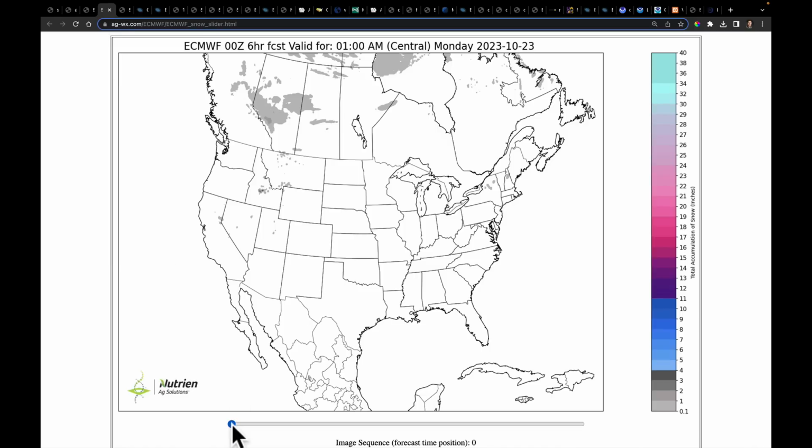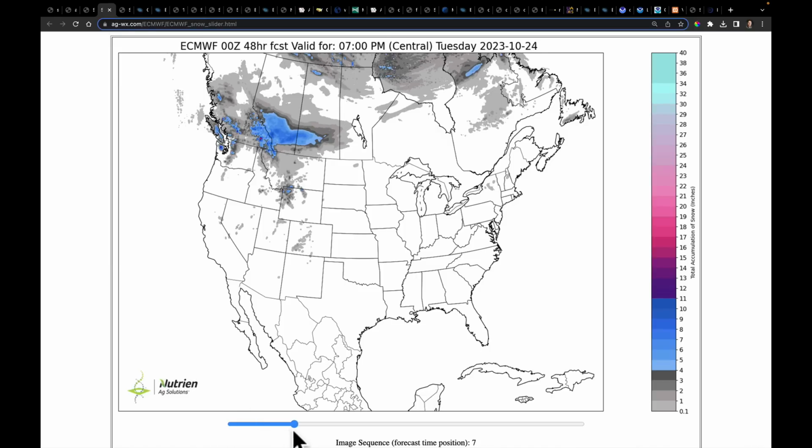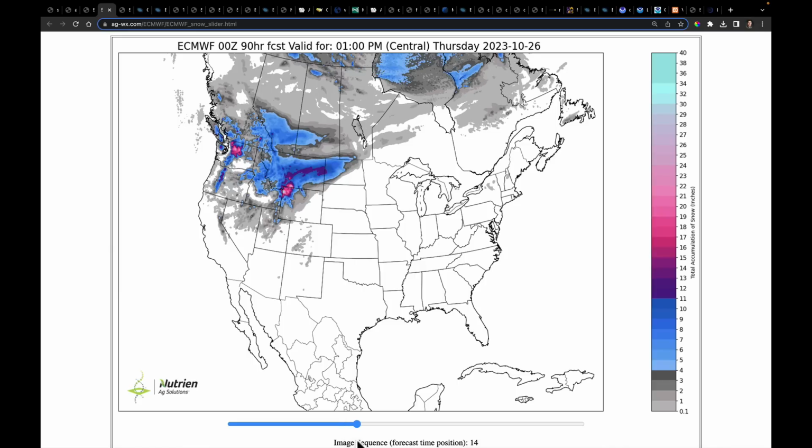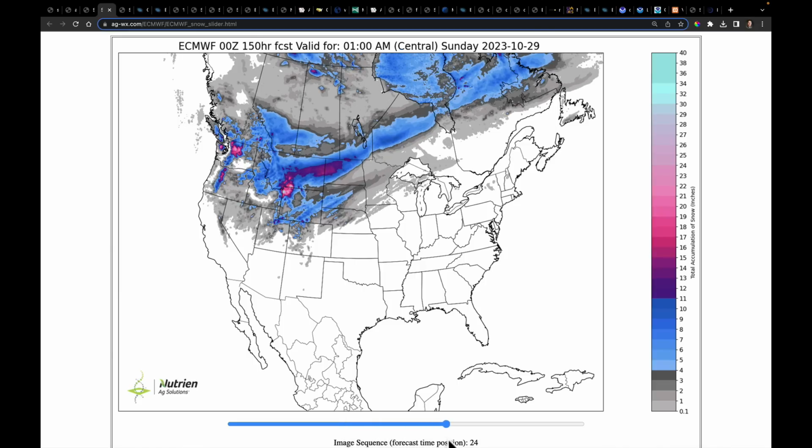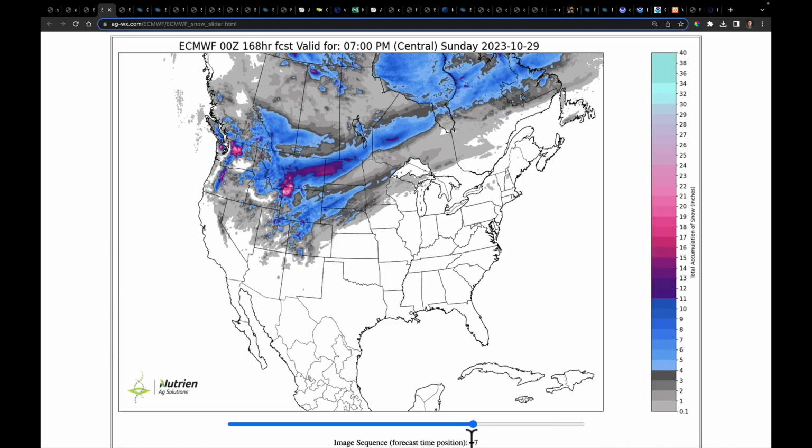Here's the European model's forecast over the next 7 days for total accumulated snowfall. And the European model did bring this system farther to the south. Now I'm just going to play you out 7 days. So what do we see here? Our heaviest snow band coming out of parts of Idaho into parts of Montana, cutting across North Dakota and hitting parts of southern